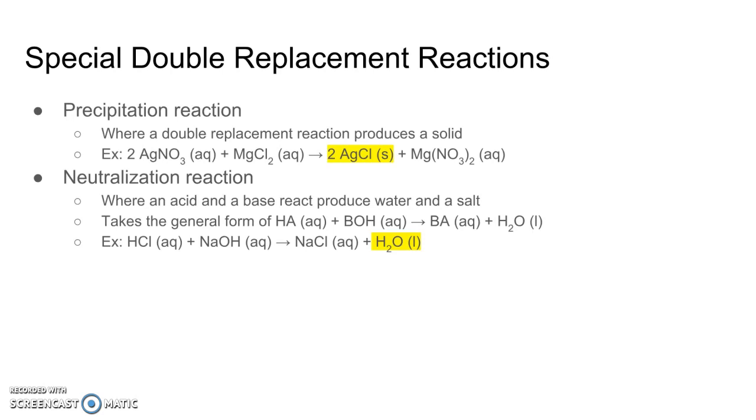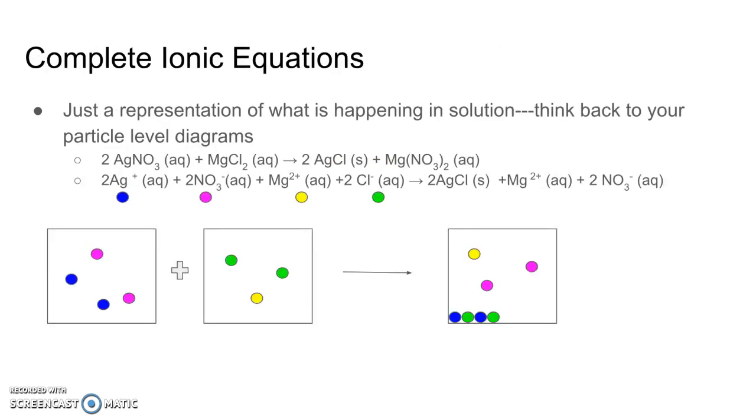So therefore, when we're talking about these different types of special reactions, we use two different types of equations. One of these is called a complete ionic equation. A complete ionic equation is just a representation of what's actually happening in solution. So I want you to think back to your particle level diagrams. This is where they're super useful. So if we're using the example that I presented before,